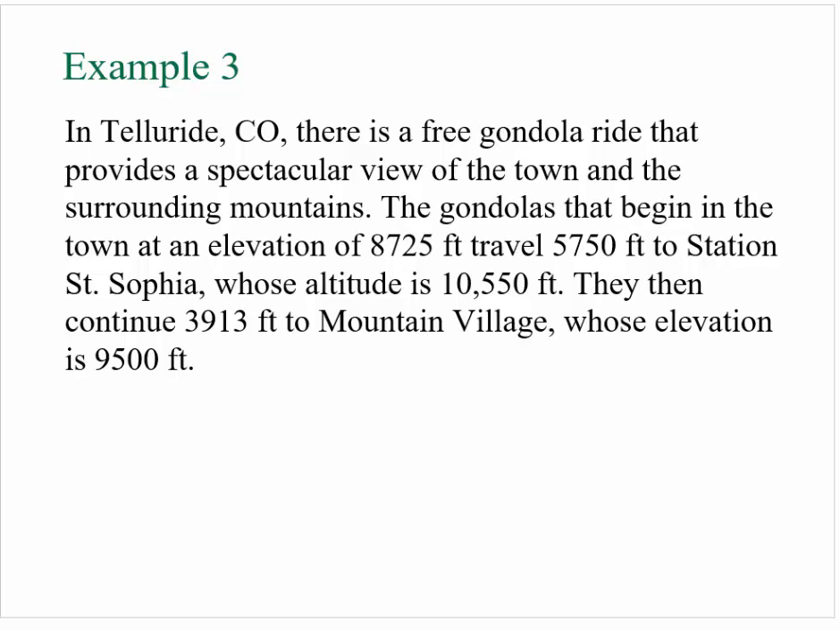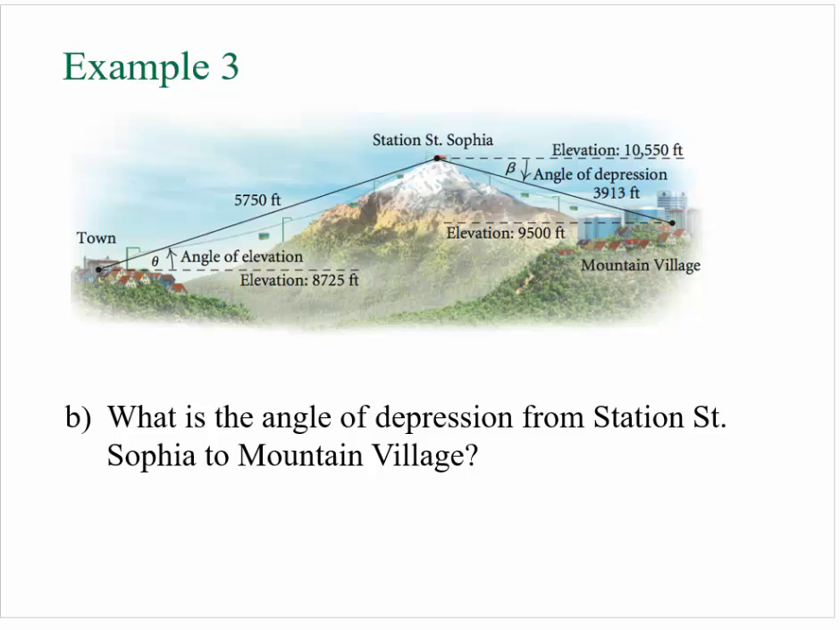Sophia, whose altitude is 10,550. Then they continue 3,913 feet to Mountain Village, whose elevation is at 9,500 feet. So let's look at how confusing this is, okay? So here is our graph. So we start with this angle of elevation, and we have that